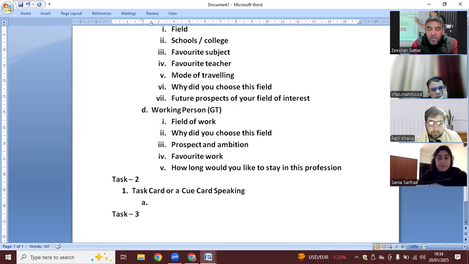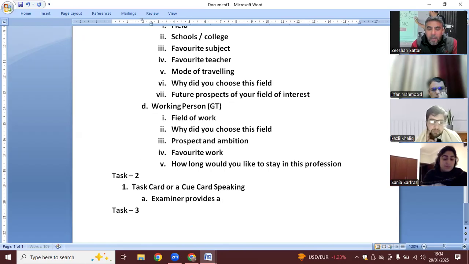The examiner provides a specific card that contains a topic sentence. For an example,